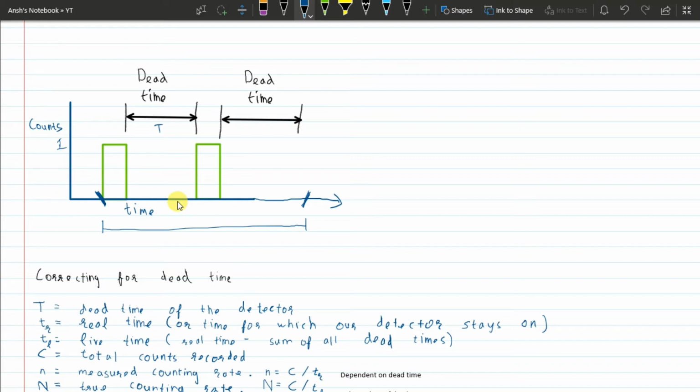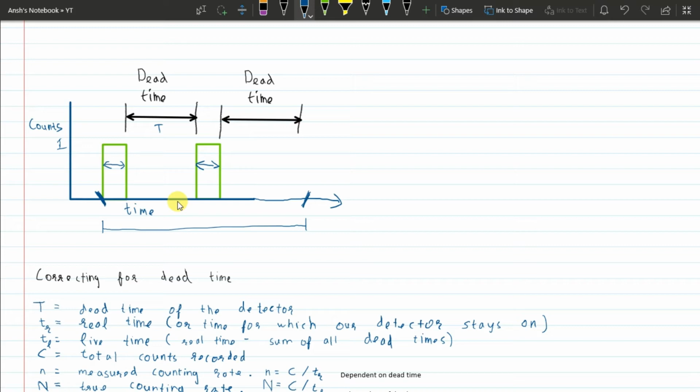Then we have TL, which is the lifetime. The lifetime is the time for which the detector is actually measuring counts. So you take the total time, for which our detector is staying on, and then you subtract the dead time from it, where our detector is not measuring any counts. What are you left with? You are left with the duration of these green bars right here. The duration of these green bars is what is called the lifetime. You can think of it as the time for which our detector is actually measuring the count, since for the rest of the time it's sort of dead. So this is the lifetime, that is the sum of the duration of these green bars.